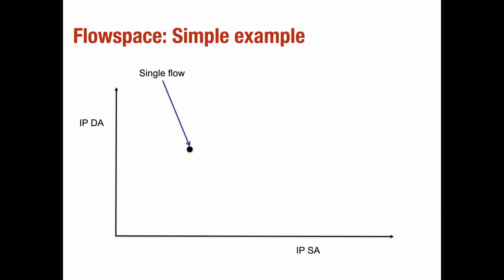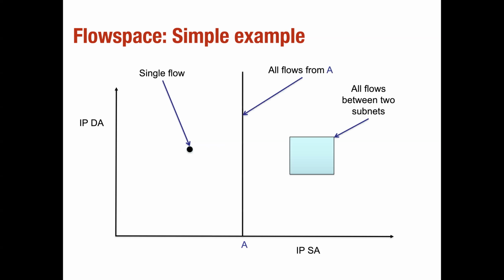So flow space, as a simple example: if on the x-axis I have the IP source address, and on the y-axis I have the IP destination address, then a single flow can be represented by a particular point, which is a combination of these IP addresses, source and destination. All flows that are coming from an IP address A can be represented by this line, and then all flows that are between two subnets, or ranges of source and destination IP addresses, can be represented by a rectangle or a square shape,